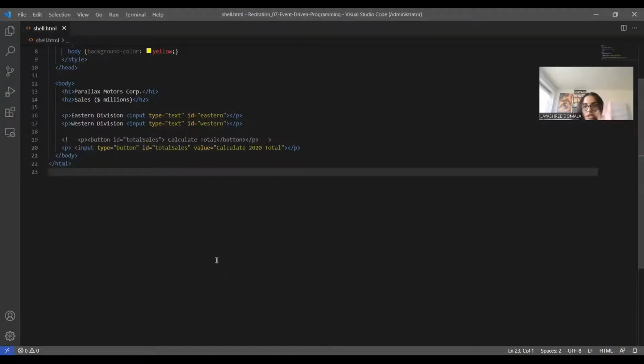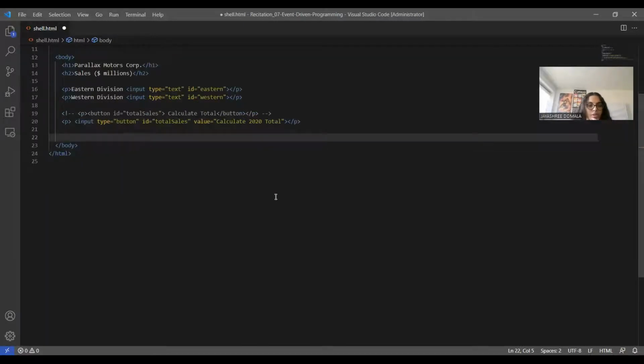Now we have created both the text boxes and we have created the button also. Now we need to create the radio buttons. So let's go ahead and do that. But before that, once the sales is calculated, we need to display it also. So let's just write a code to display that. That p tag, then 2020 total